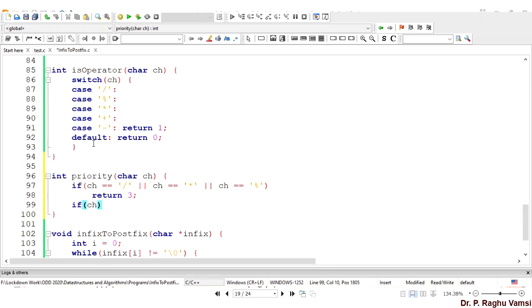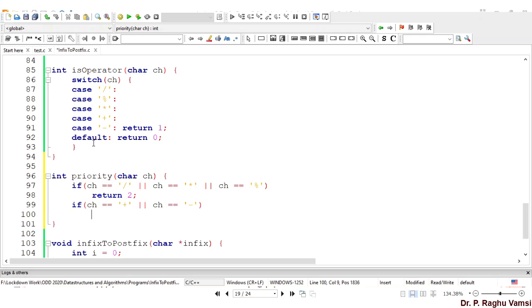High priority in the sense, here let's say 2. If ch equal to addition or ch equal to subtraction, then return 1.